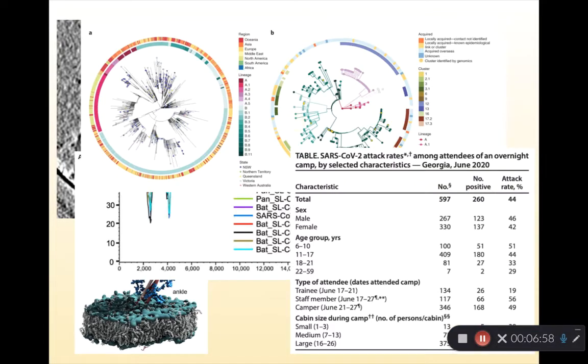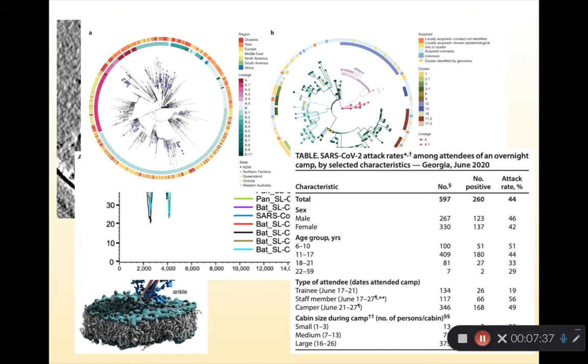From there, we can zoom out even further. We can start talking about what's actually happening in a group of individuals, looking at this from a very classical epidemiology study. One of the big questions we've had with coronavirus is understanding how dangerous it is to children and how transmissible the virus is amongst children. Now, we don't have a lot of data on this, just simply because it's difficult to study children.